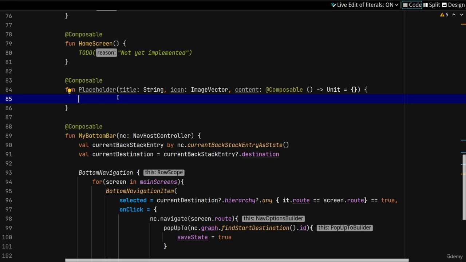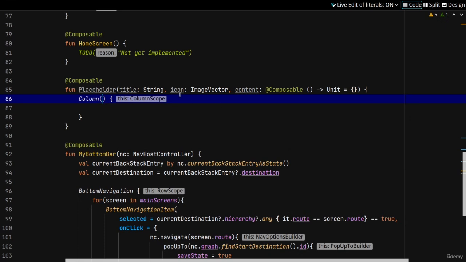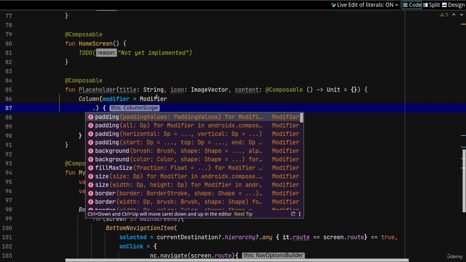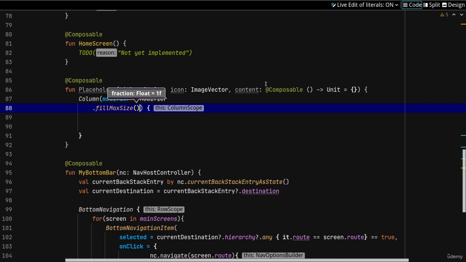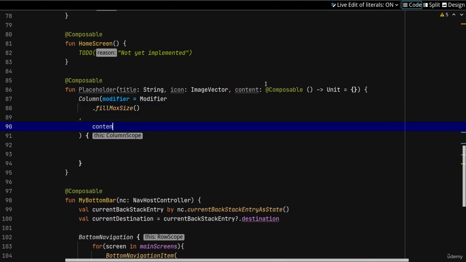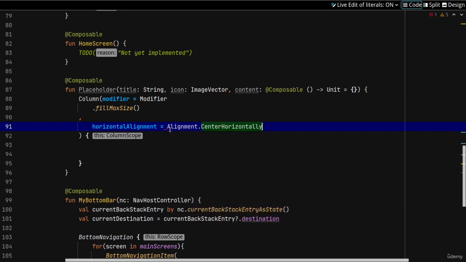And then I'm gonna put them inside a column. I'm gonna display these options, the title and icon, inside the column. For the column, I'm gonna use a modifier, and fill max size, and I'm gonna use a horizontal alignment so that I center align all the items horizontally. Alignment dot center horizontally,